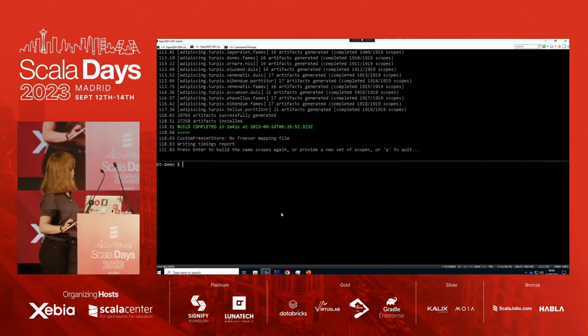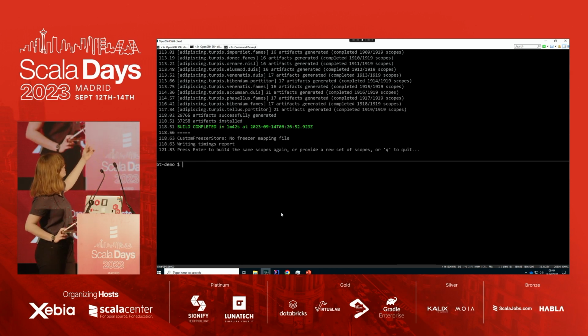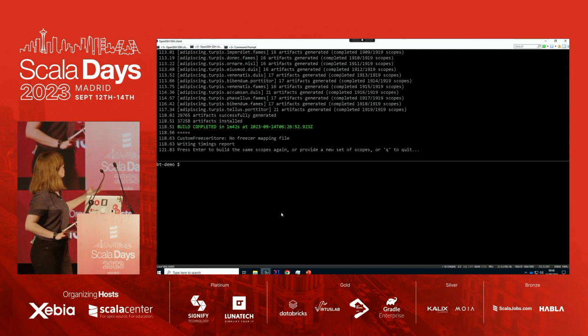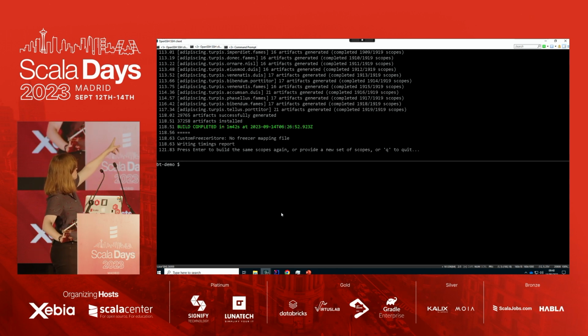Okay, awesome. So what we have on the top here is the last build that we ran. We've obscured the names of the modules with the scopes with lorem ipsum. And you can see for each scope, we're going to generate some artifacts. And you can see we have over 1,900 scopes in our project now. So we introduced the problem before, we had 800 scopes. Well, now we've grown. We have nearly 2,000. And at the end, we're installing the artifacts.